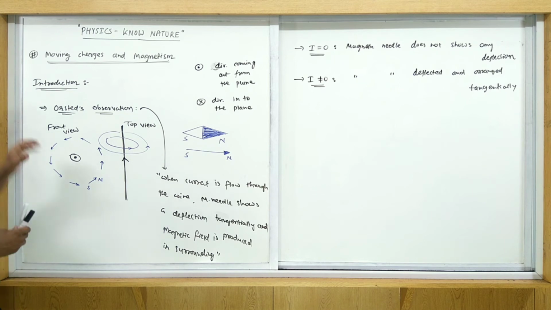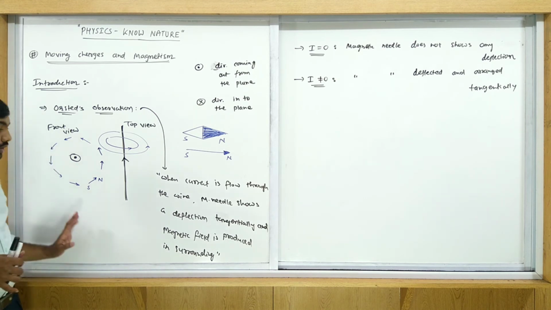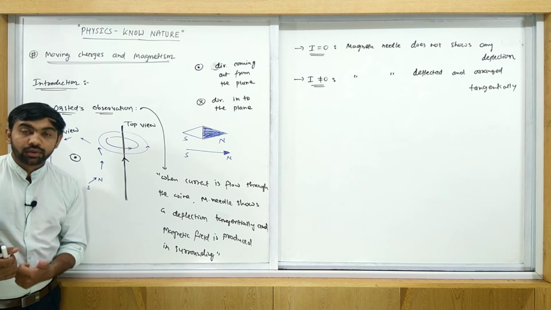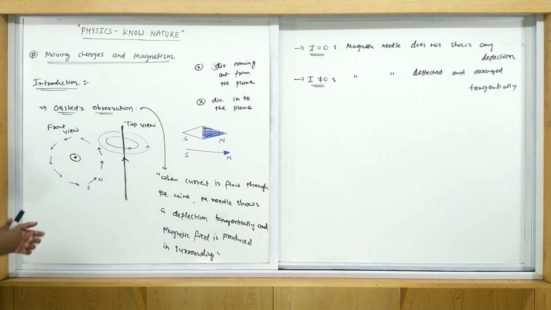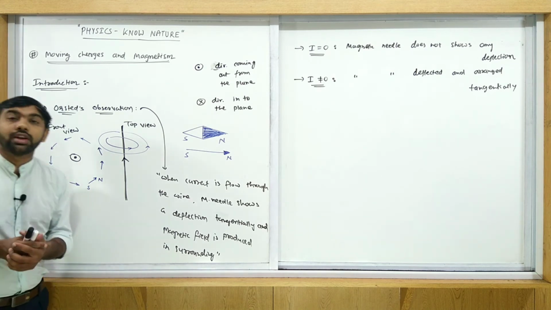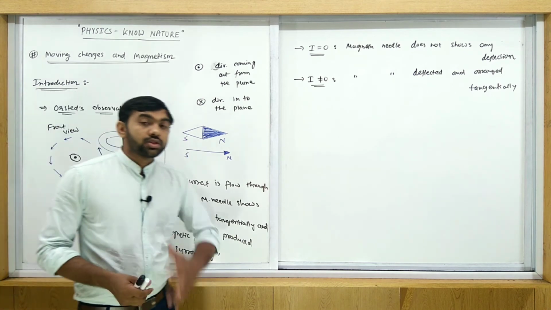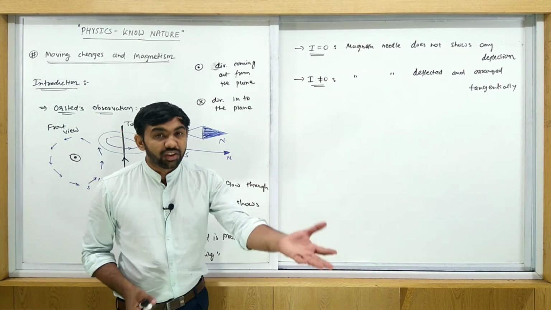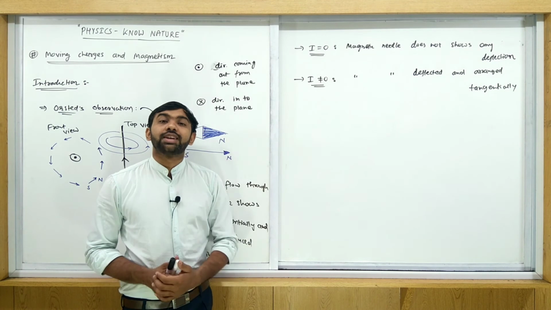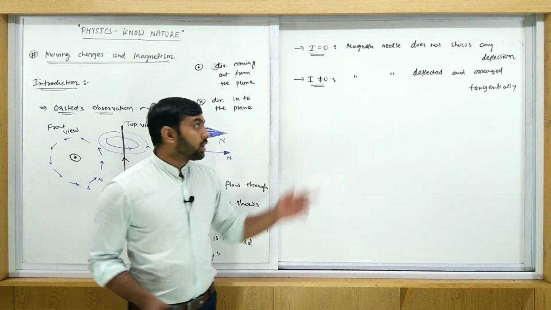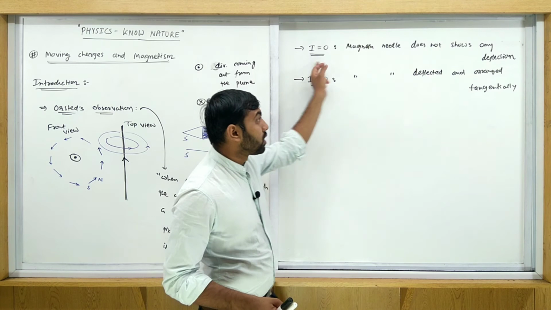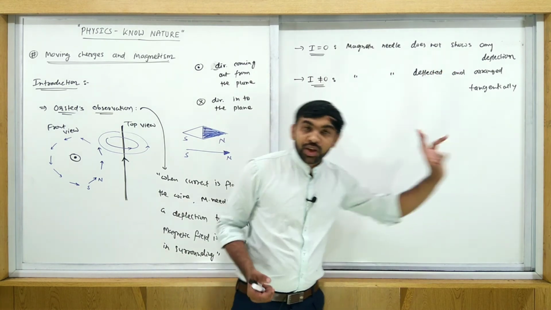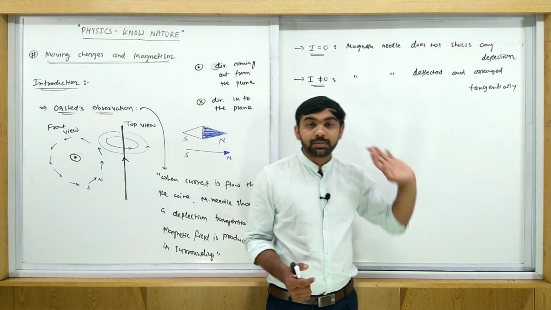When Oersted performed this experiment, passing an electric current through a wire in a school, at that time he observed this. When the current flows through the wire, the magnetic needle shows some deflection, but the electric field is not present, so this deflection is not due to the electric field. So there is some other field present. Which field is it? That is the magnetic field. When the current is zero, the magnetic field is zero, and when current is passed through it, the magnetic field is present.